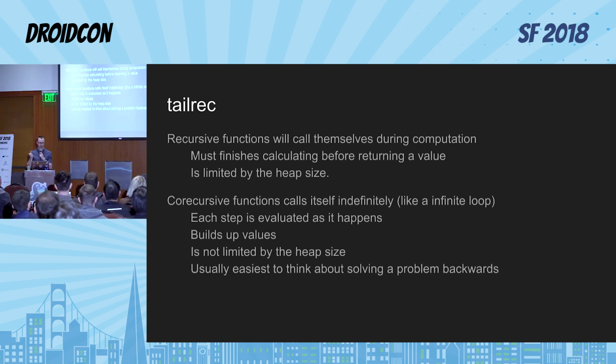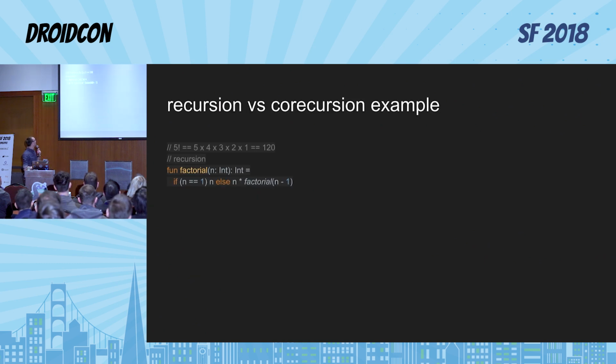And usually when trying to convert a recursive function to a co-recursive function, it's easy if you try and think about it, sort of solve it backwards. So we're going to look at a couple examples because this might not be quite clear what's going on. Okay, so